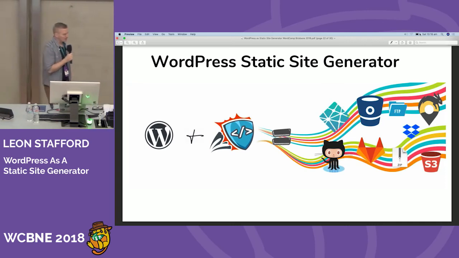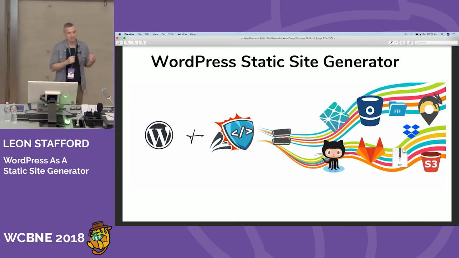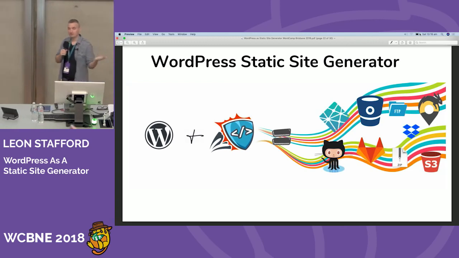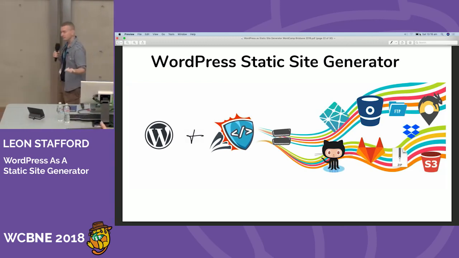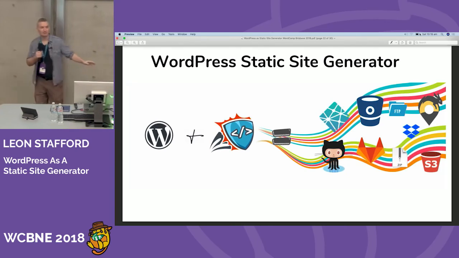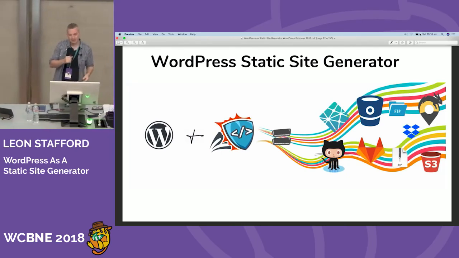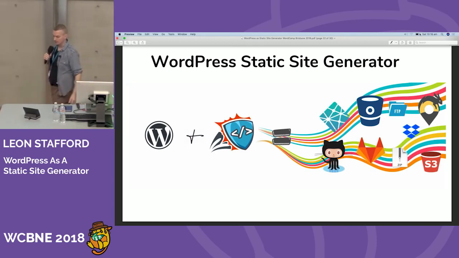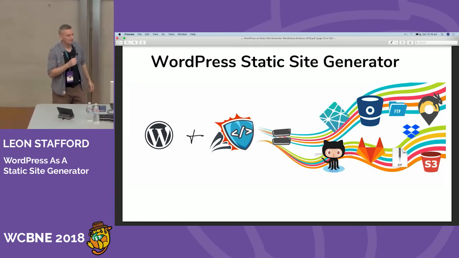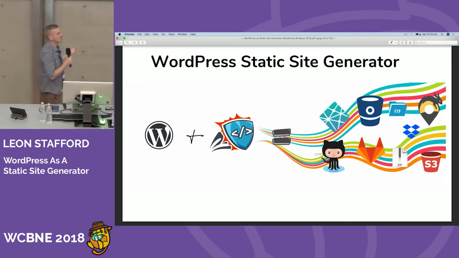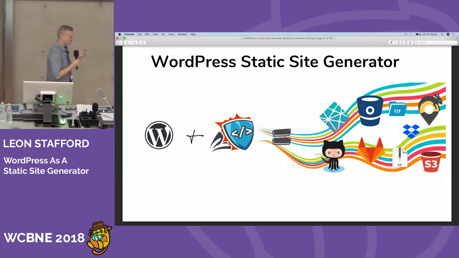And it takes the best of both worlds. So you've got your WordPress tool for your content, your collaboration, but you're getting rid of the security and the performance issues by publishing out to a static site. And those icons you see there on the brightly colored area are some of the deployment targets that you can use. So you'll install this plugin,